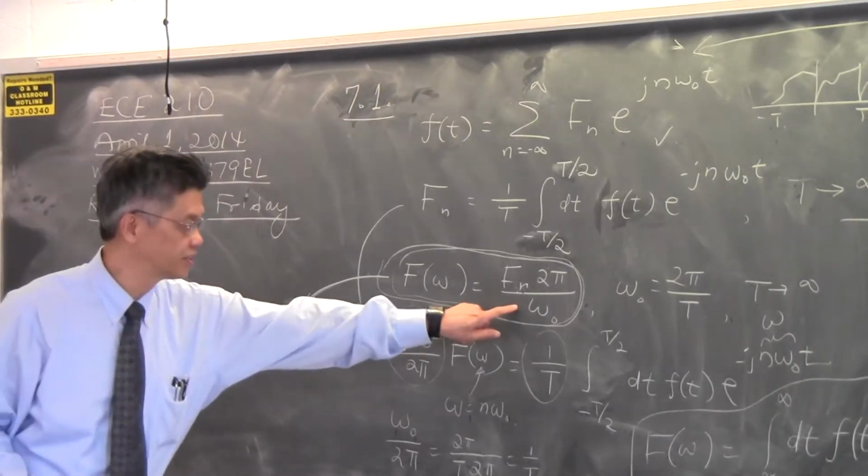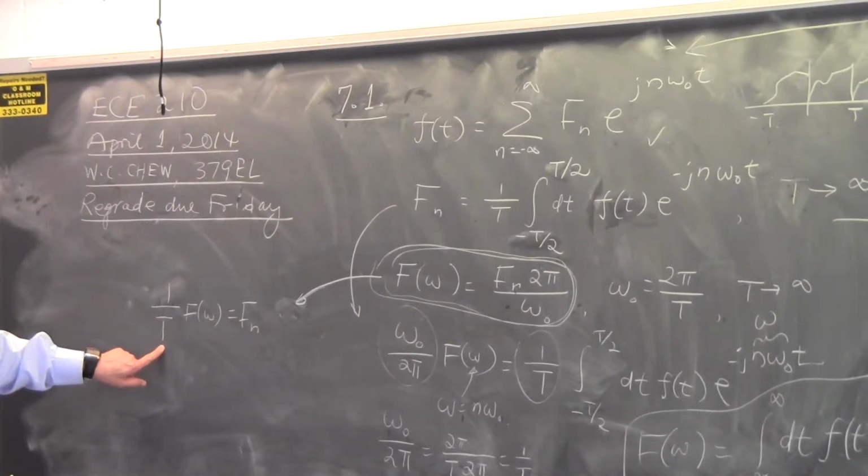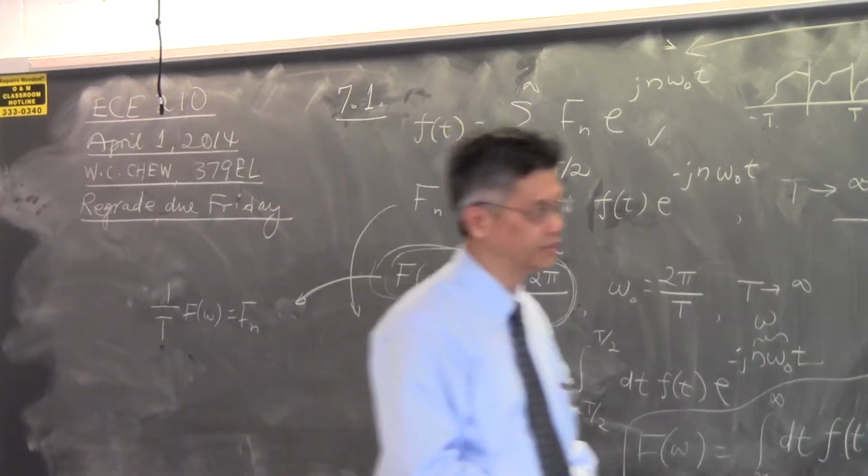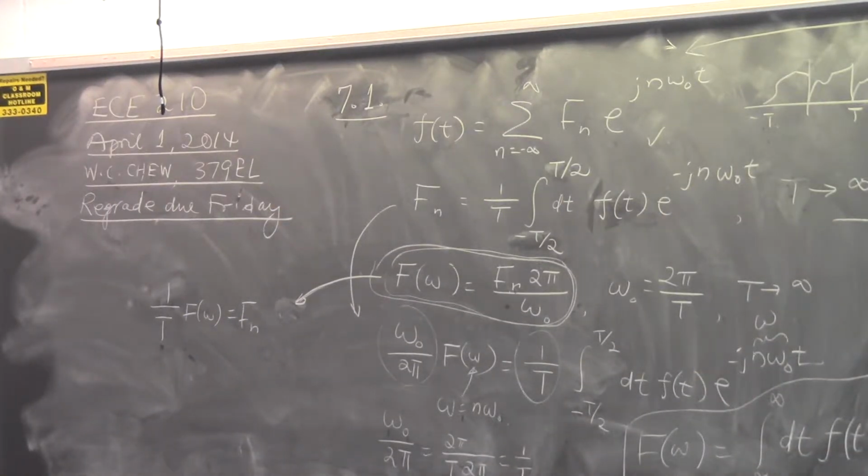If I rewrite this relationship with omega naught over 2 pi on the other side, if I were to insert this relationship over here, then I would have 1 over T squared, sum over n equal to minus infinity to infinity, f of n squared will give me f of omega squared. And then one of the T's cancel with the left hand side. So I'm left with 1 over T. So I have this,